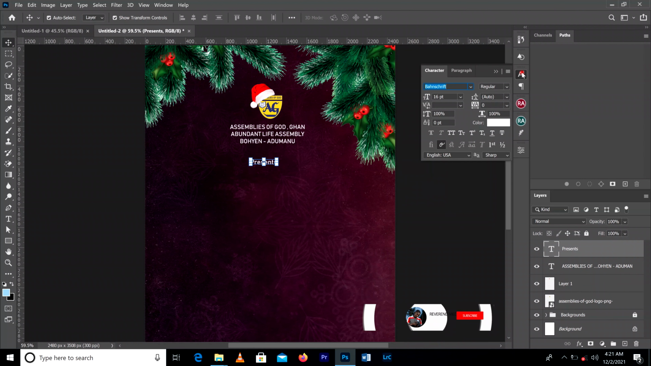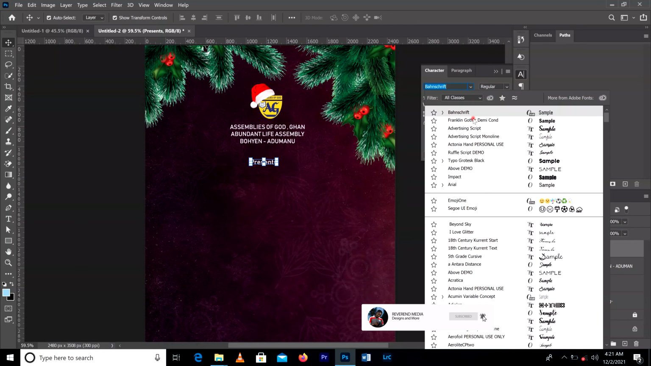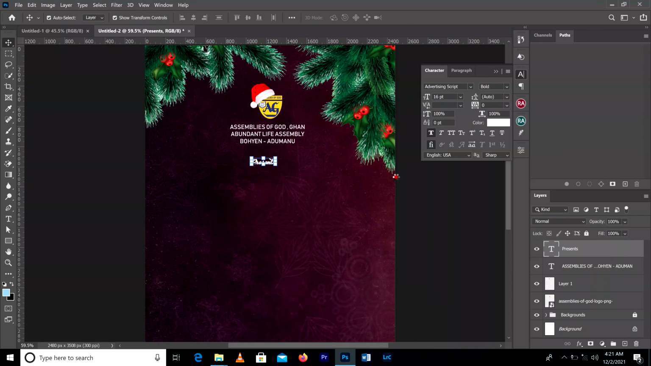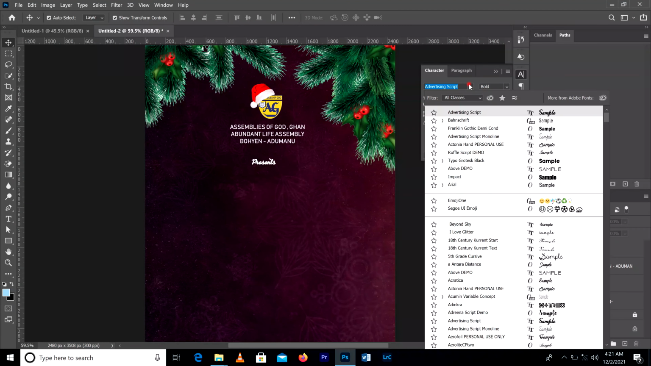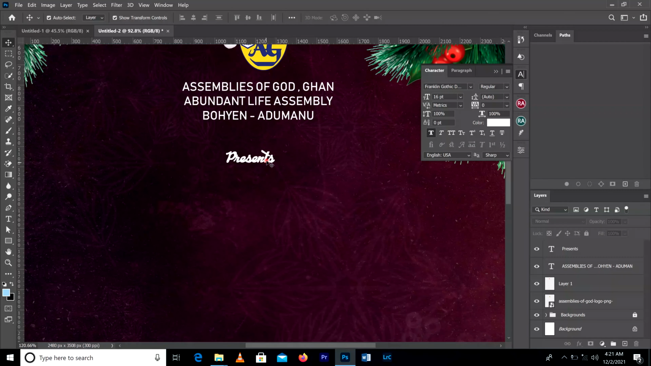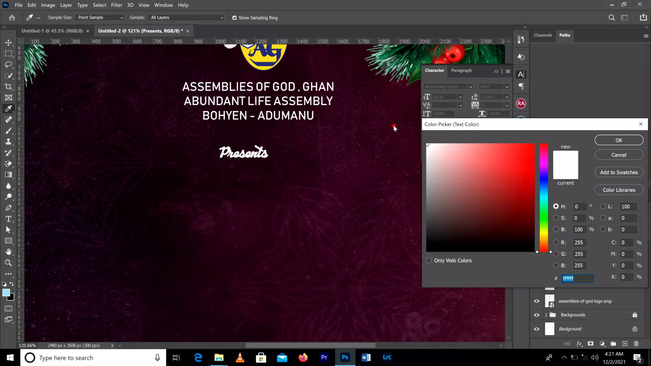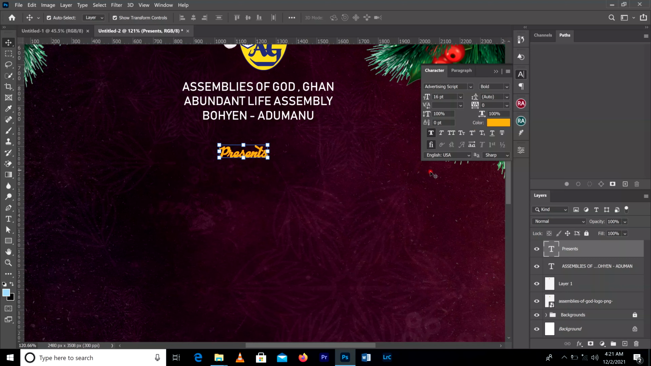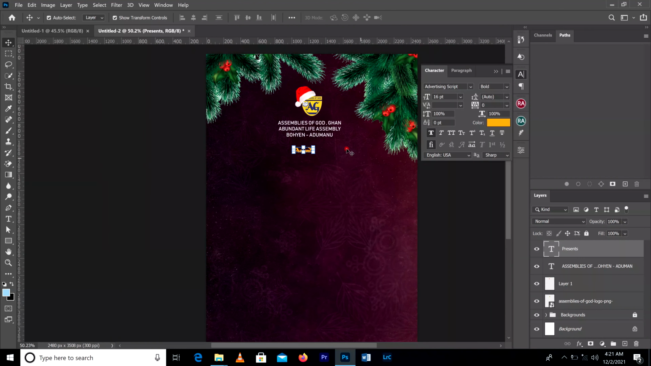I'll change the font. I think this font is okay. Yeah, this font is okay. Then I'll change the color to yellow. I can use my color picker to pick the yellow from here. Then I think this yellow is okay for me. Nice one. Presents. Then we come to